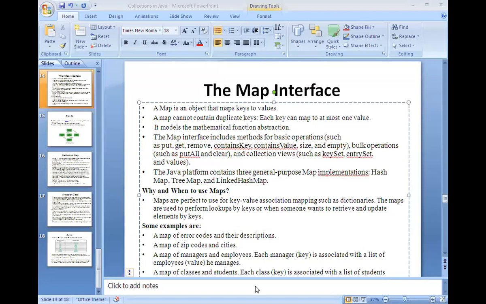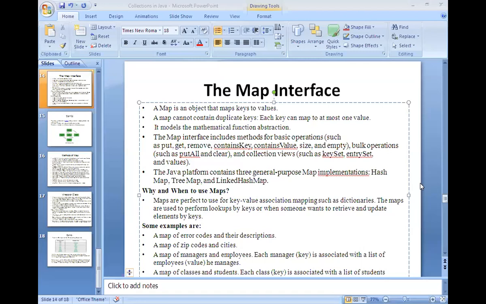Okay, done. So depending upon your requirement, you can choose either HashMap, TreeMap, or LinkedHashMap. Of course, the map will be implemented with these three classes. We'll see very soon how it works with the help of an example. Now, what is the need, or when are we supposed to use maps?